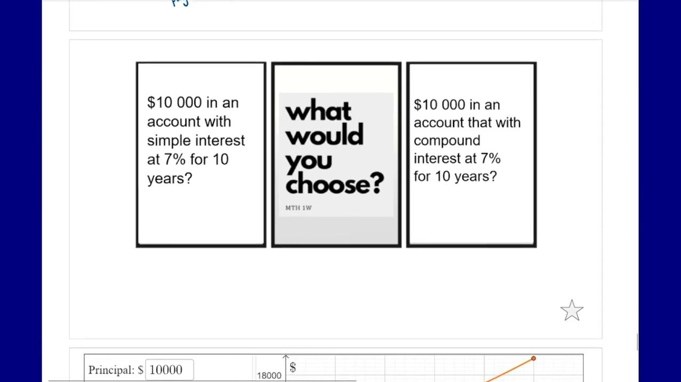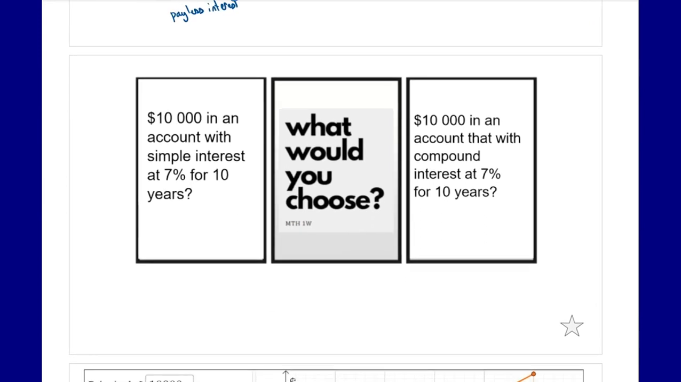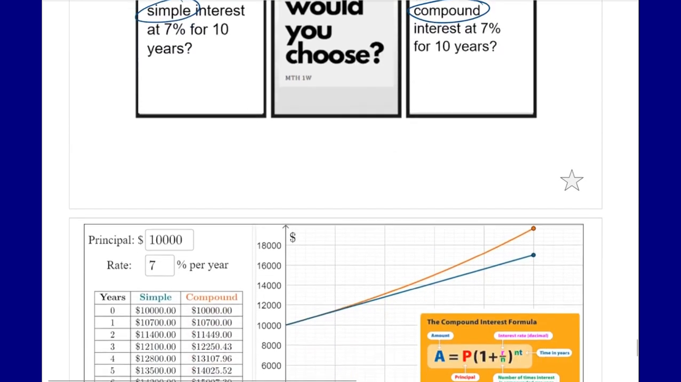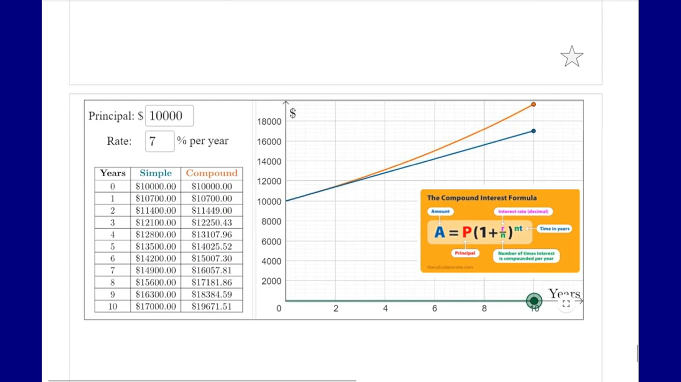Lastly, just looking at which one would you choose? $10,000 in an account with simple interest at 7% for 10 years, or $10,000 in an account with compound interest at 7% for 10 years. So the key difference is the compound interest versus the simple interest. Right? We know about simple interest. Compound interest we might know a little bit about, but if we look at it graphically, looking at the difference